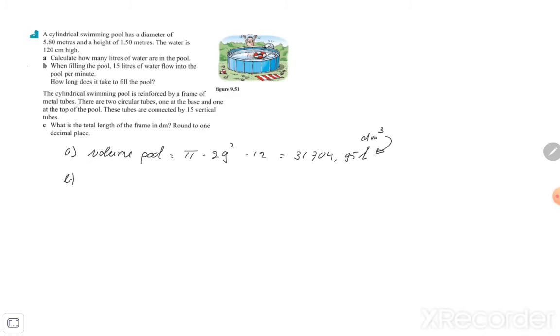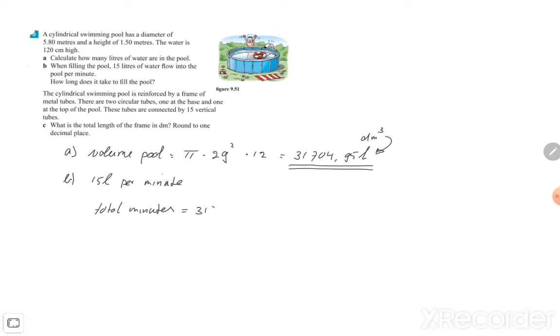Alright, exercise B. When filling the pool, 50 liters of water flow into the pool per minute. How long does it take to fill the pool? Now, well, it is 50 liters per minute, and we have a total of 31,704.95 liters. So the answer from exercise A, and so the total minutes,